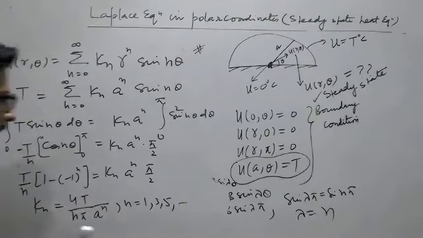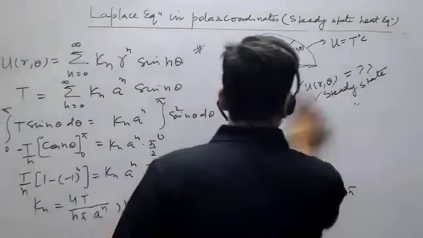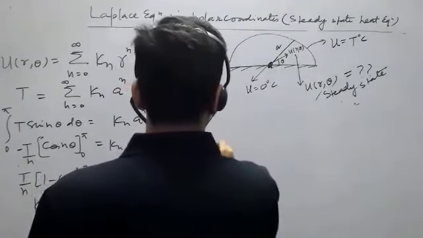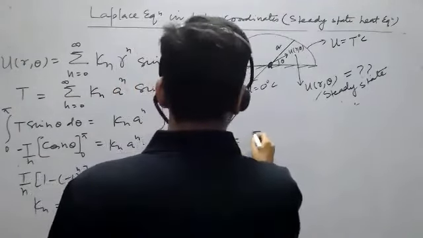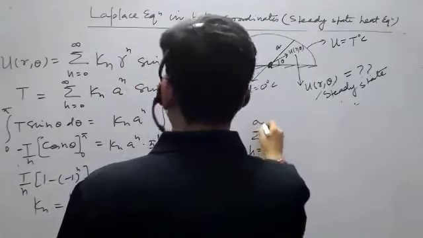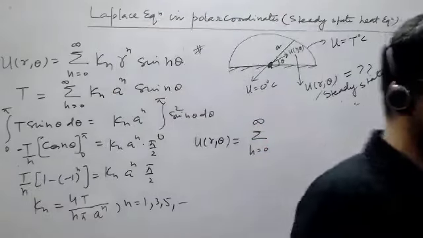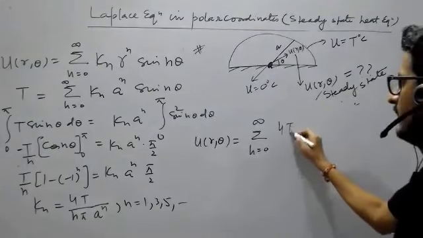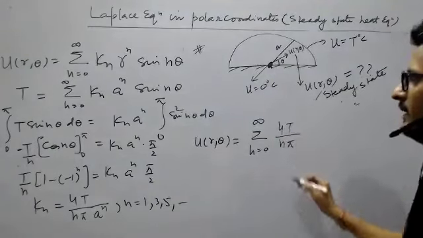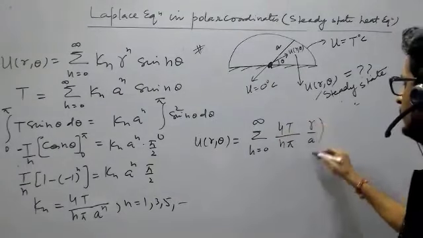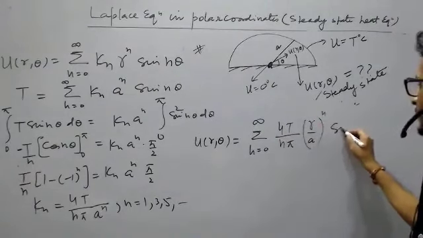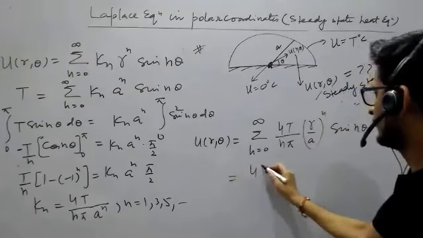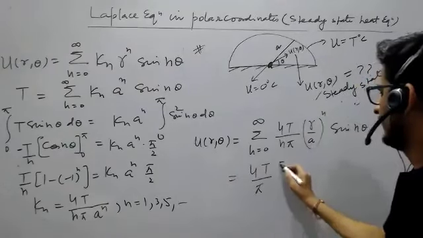The value of kn has come. Now we have got the solution, and that solution is u(r, theta) is equal to summation n is equal to 0 to infinity. What is the value of kn? So the value of kn is 4t by n pi, r by a to the power n, sine of n theta. So you can write it in the form of a series that will be given by,